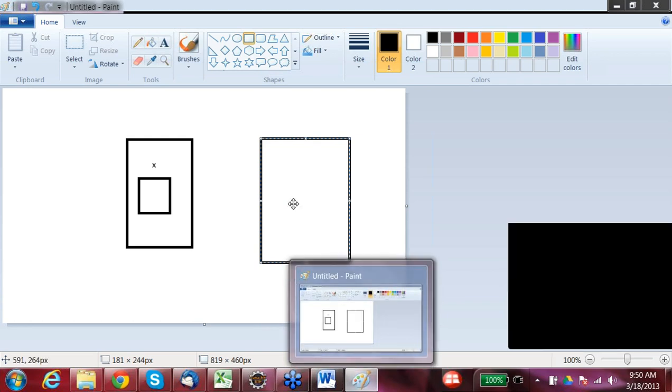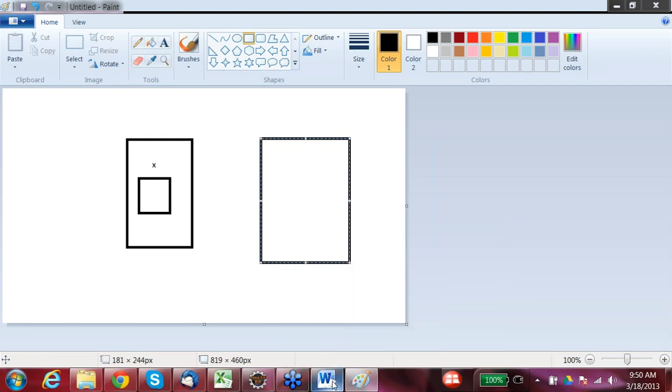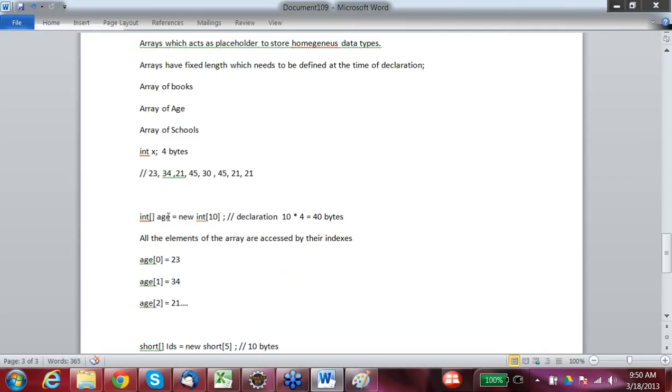Why are arrays called reference variables? If you see here, there is just one variable, age, right? Which is basically used to store all these elements. Any array is basically a reference variable because this particular variable is used to refer to all the elements of the array, right?